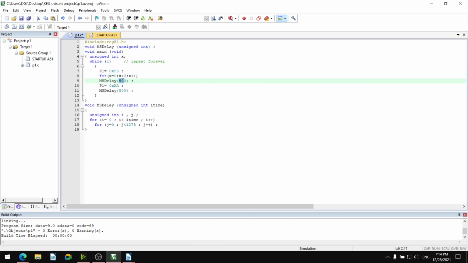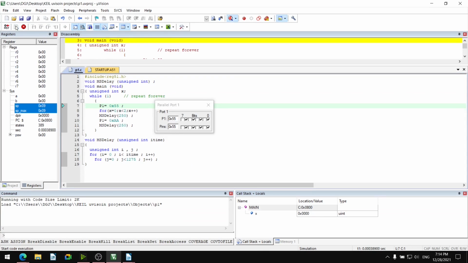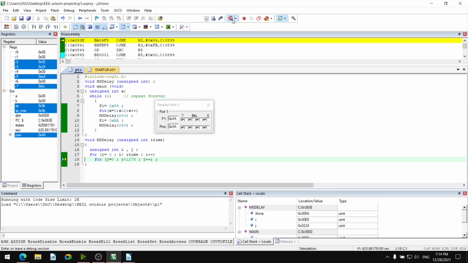And we'll keep this at 250 only. So once it is executing 500 millisecond time delay, and once it is 250. We can make both 500 by putting one more for loop.